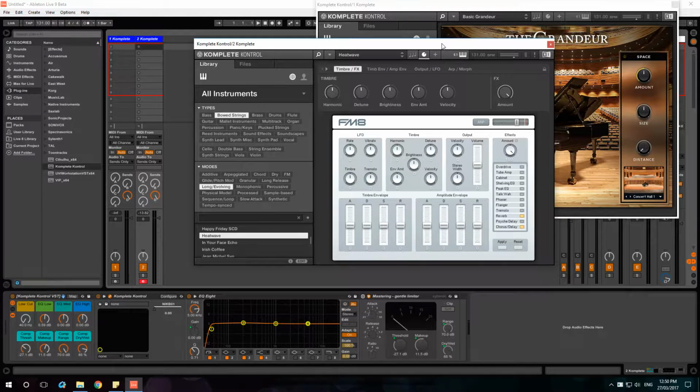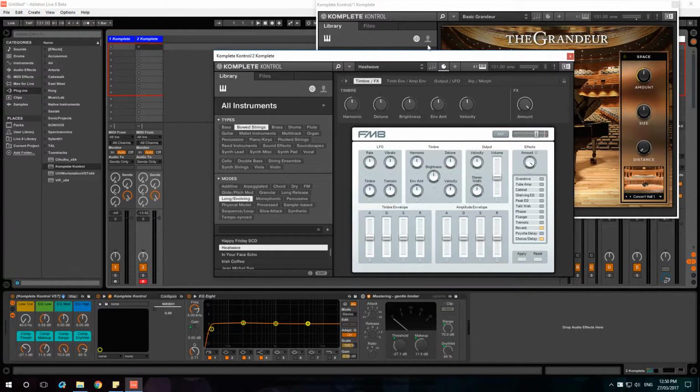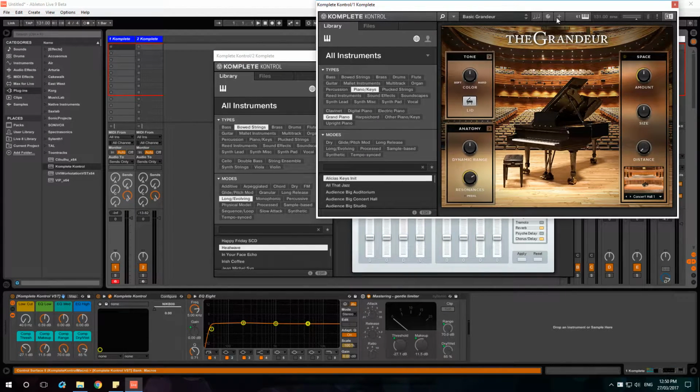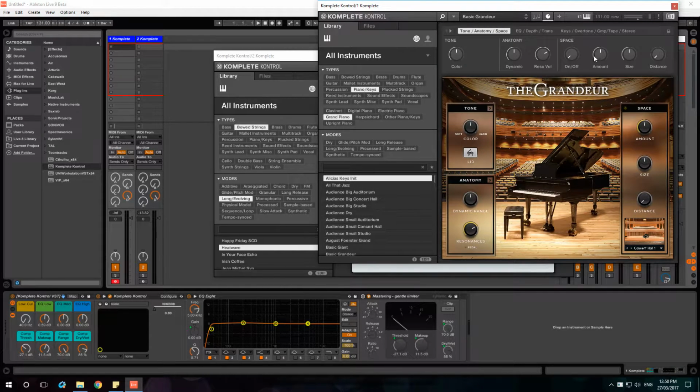Now this is really handy because if I switch between this instance here and go back and switch to this instance here, all of a sudden all these controls appear on my keyboard now. So whatever track I've got selected, it shows me what I'm controlling straight out. It's really, really good. Where this falls down when you're using it in a DAW, like we are here in Live,